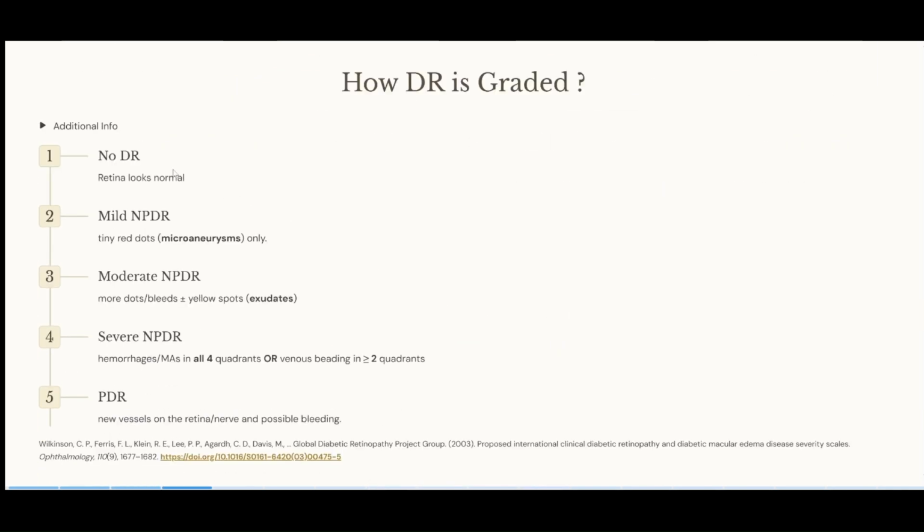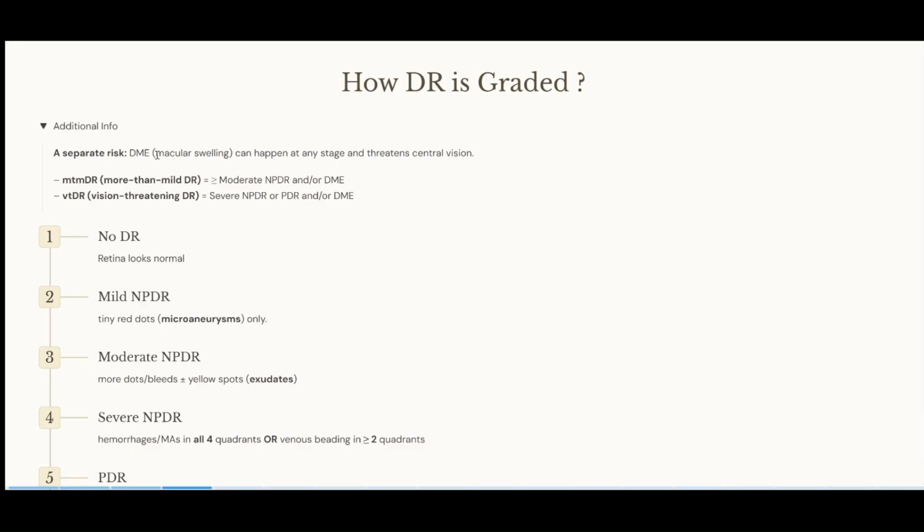So these are the different stages of DR grading. No DR means that the retina looks normal, and mild NPDR usually comes with a few microaneurysms, and moderate NPDR usually means more hemorrhages and exudates. Severe NPDR usually means hemorrhages or microaneurysms in all four quadrants, or venous beading in more than two quadrants. And proliferative DR, or PDR, means new blood vessels on the retina and also possible bleeding. As additional info, a separate risk called DME, also known as macular swelling, can happen at any stage and